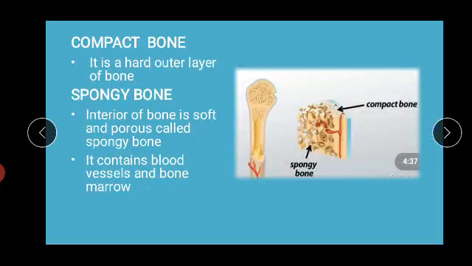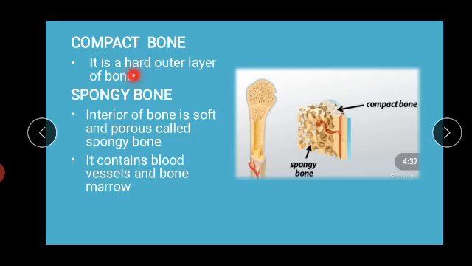There are two types of bone: compact bone and spongy bone. Compact bone is basically the outermost layer and it is the harder one. If you see the texture of the bone, it is very clear that the bone from the outside is a harder one, and this is called compact bone, while the interior of the bone is soft and like a sponge. This is called spongy bone, and it also contains bone marrow, in which the red blood cells and the white blood cells are formed.